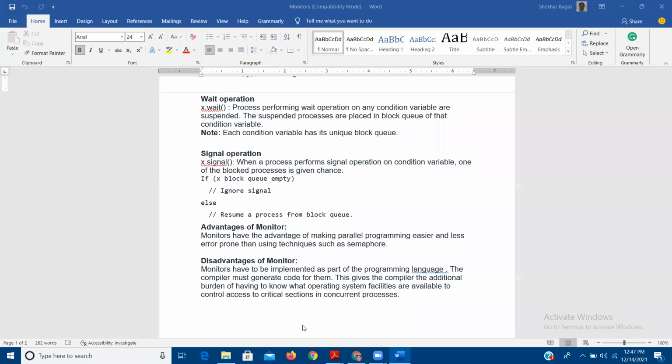Okay, is it over, students? Advantages and disadvantages. Okay, can we proceed further?